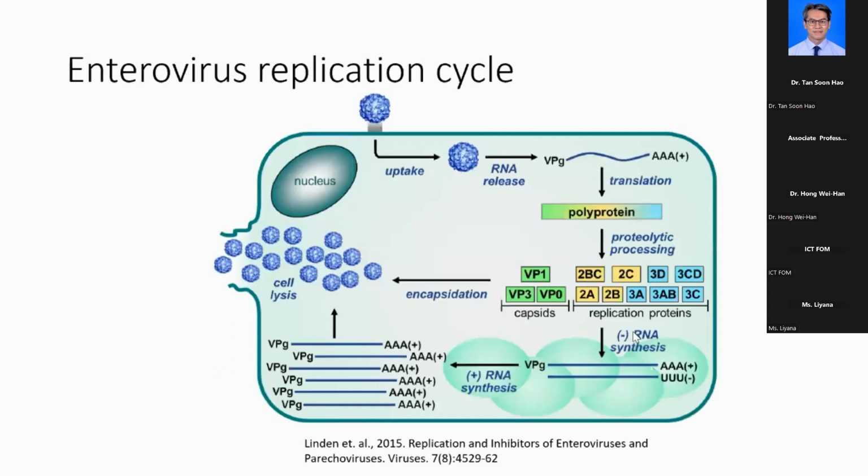So now I'm going to share with everyone, in general, how the virus replicates. Why do we need to know viral replication cycles? Because in order to control or develop antiviral agents against these viruses, it's good to know how they replicate so that you can design drugs or agents that target certain replication steps the virus goes through before it is able to complete its life cycle. As they say, you must know your enemy first before you can tackle them.